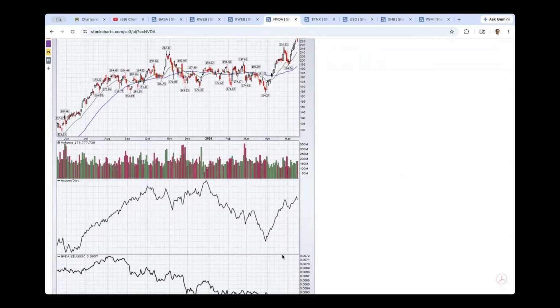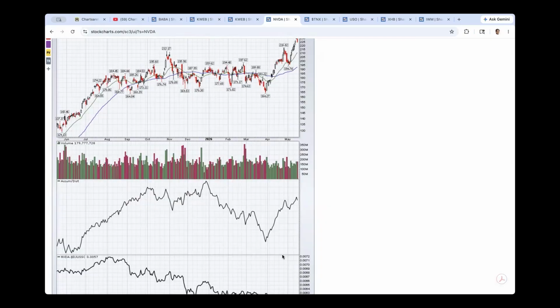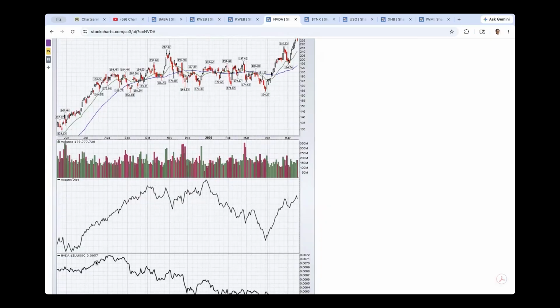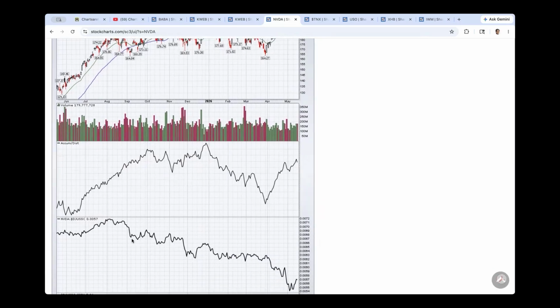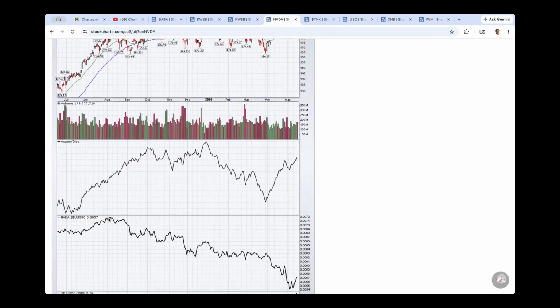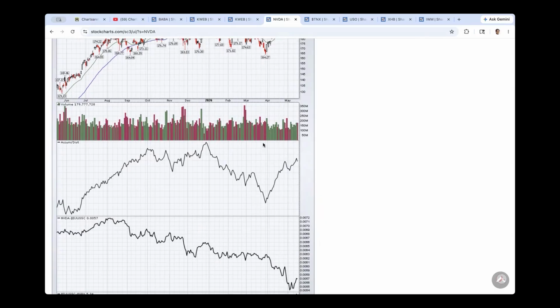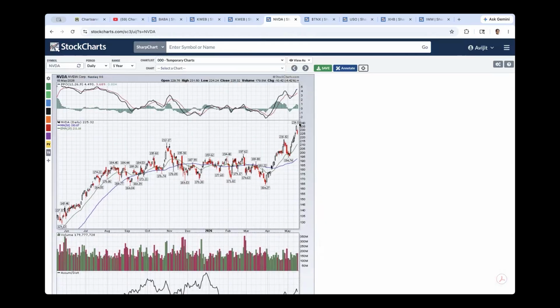However, the key weakness in NVIDIA stock is its performance relative to its industry, the semiconductor industry. We can see NVIDIA peaked on the relative line in early August, and it has been successively making lower highs and lower lows since then. So that's a bearish sign. If NVIDIA does reach that target, it could be a huge opportunity for smart money to exit and start diversifying out of NVIDIA. Maybe some of their money moves into the China AI. We've got to see that.